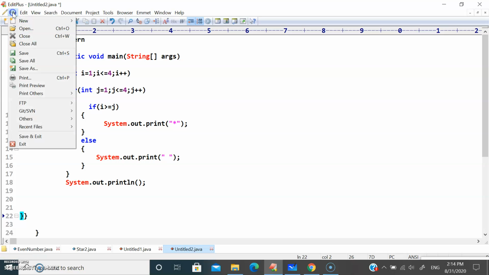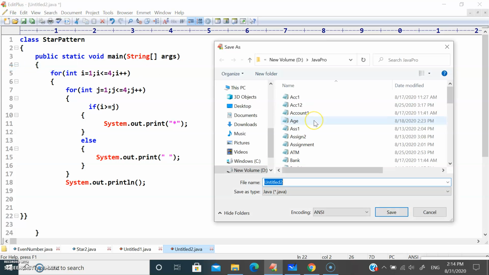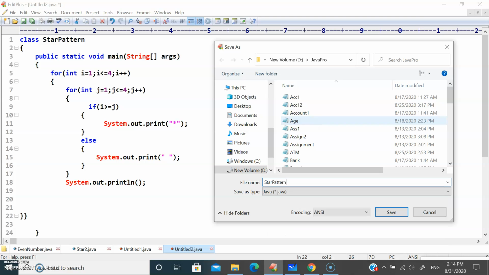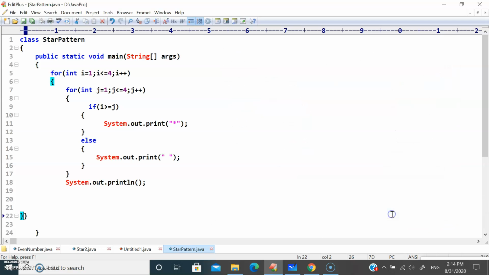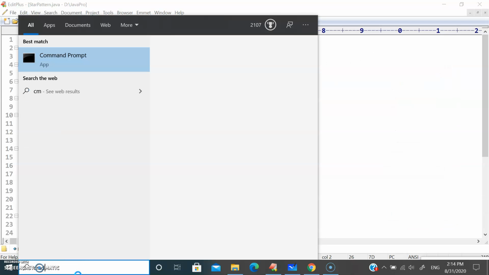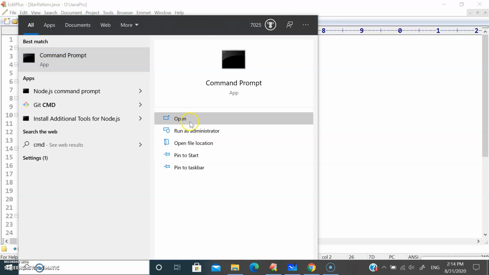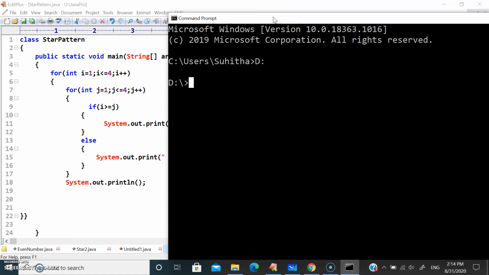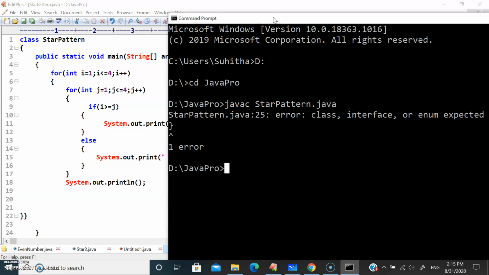Let me save this program as StarPattern.java. Open your command prompt. javac StarPattern.java.